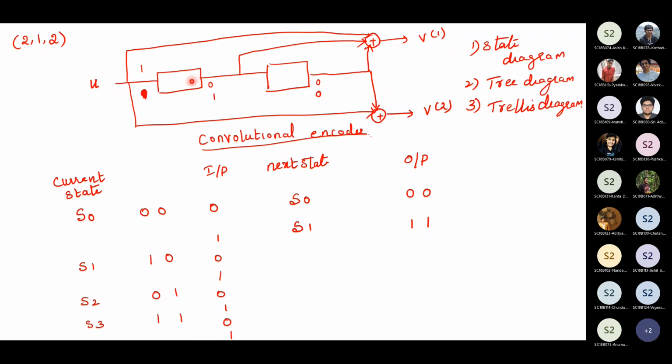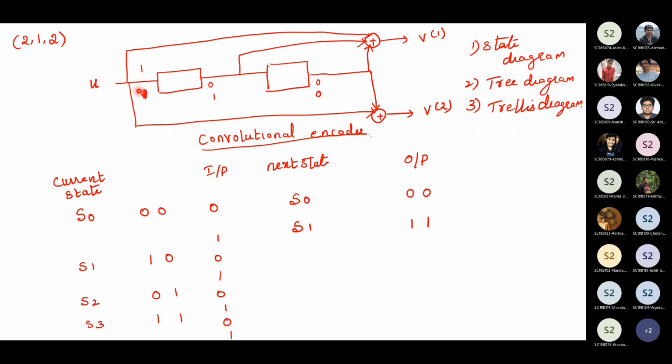See, here we started with S0. So the memory is in the state S0, that is both are 0, 0. Now I am giving the input 0. So what is the corresponding output? 0. From here it is 0. From here it is 0. All 0 plus modulo adder 0. Similar way, here it is 0. So when I give a clock pulse, what will be the next state? This 0 will be shifted in. This 0 will be shifted in. So the next state is also S0 state.